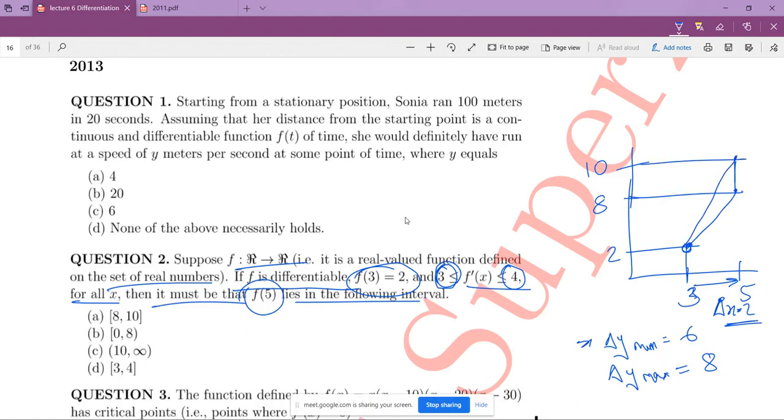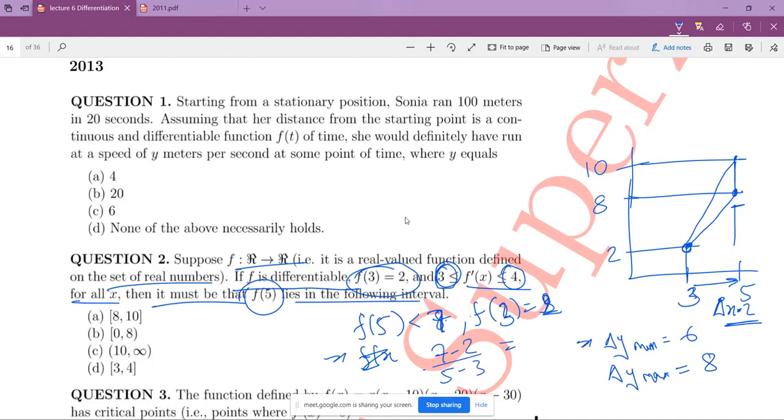So which theorem is being used here? Actually, the Mean Value Theorem is being used. Okay, so if you take f of 5 less than 8, let's say 7, and you know that f of 3 is equal to 2, then the Mean Value Theorem says that between these two there must be at least one point where f prime is (7 minus 2) upon (5 minus 3),